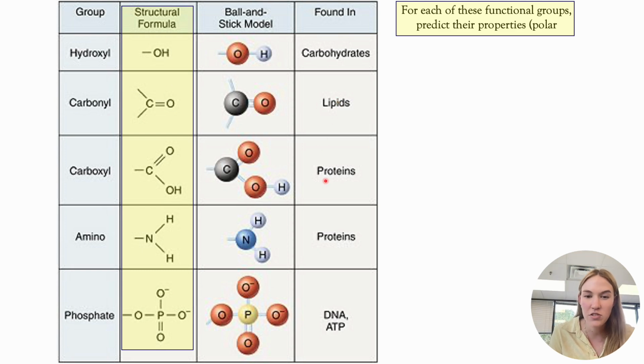The carboxyl is very important for proteins, and we're going to see that on the next slide. Same with the amino, very important for proteins. We're going to see that on the next slide. And then phosphate, maybe you remember the sugar-phosphate backbone of DNA. Well, phosphates become really important for that as well. So this is just scratching the surface, but